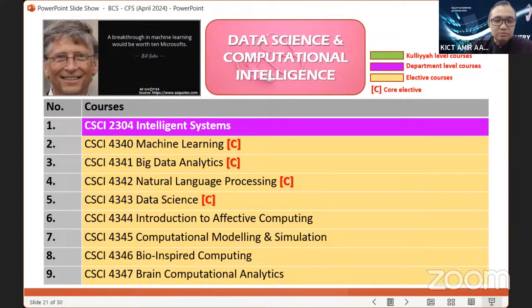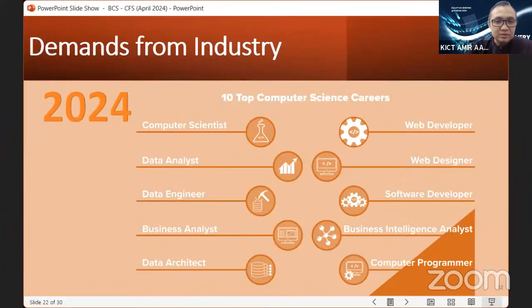Okay, so this is talking more about what we are offering for you to focus on in your final year if you plan to do a career in certain areas. Okay, so just to share some demands from the industry: top 10 computer science careers from 2024,